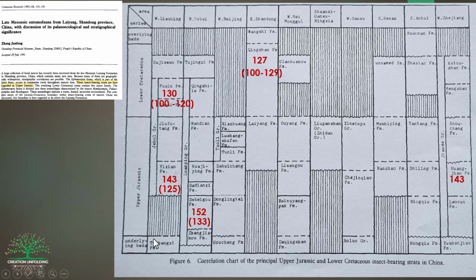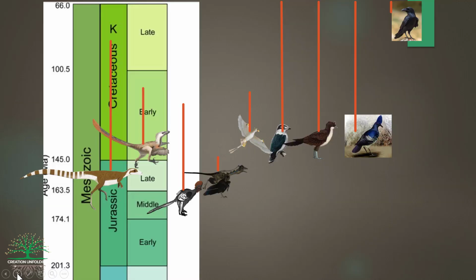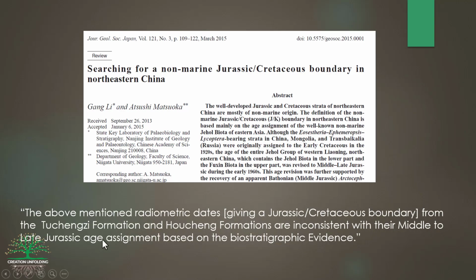It turns out that a group of people dated the same rocks that were used to raise the date for the Ishian formation and make it younger. They also dated this one, and they came up with an age of 145 million years. And this author is saying, look, basically I think these dates are okay, but hang on a minute, this can't work down here. The reason it can't work is because this is absolutely for sure late Jurassic, and he says that is based on the biostratigraphic evidence. He goes into a whole bunch of examples, all sorts of biostratigraphy, to say, no, this is late Jurassic for sure, this is not the boundary.